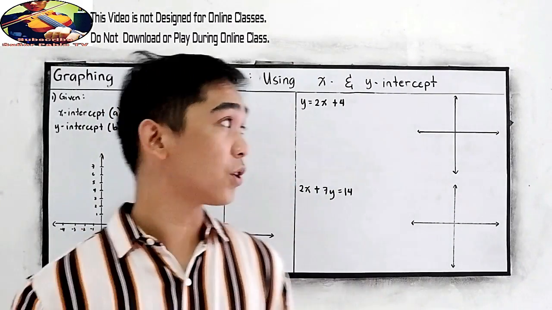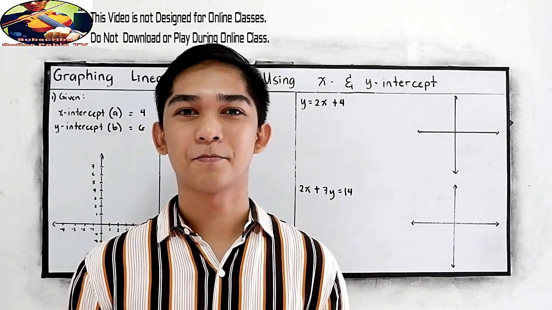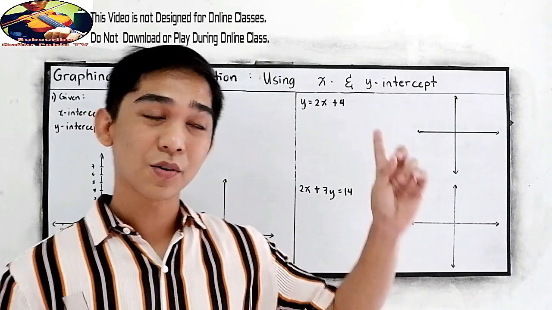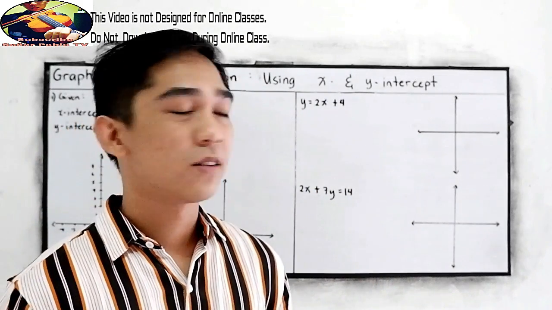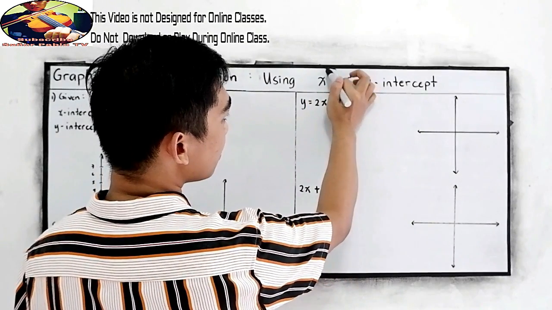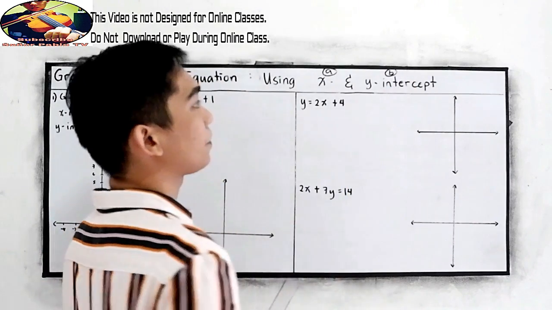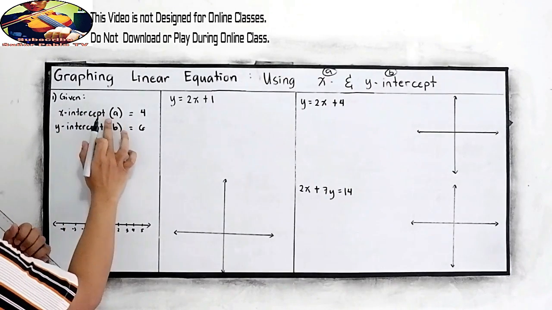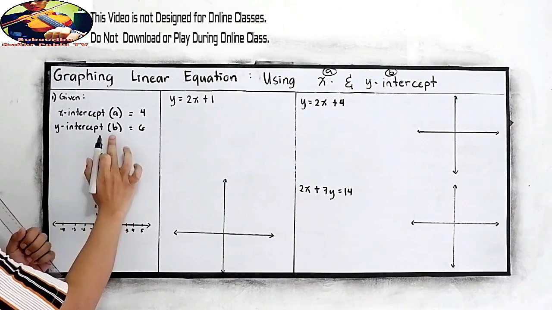Graphing linear equation using the x and y-intercept. So we are done in 2 points. Now, the next lesson, x and y-intercept. The x-intercept is also known as our A, and our y-intercept is also known as our B. Let's say we have the given x-intercept, or the A, is equal to 4, and the y-intercept, or the B,